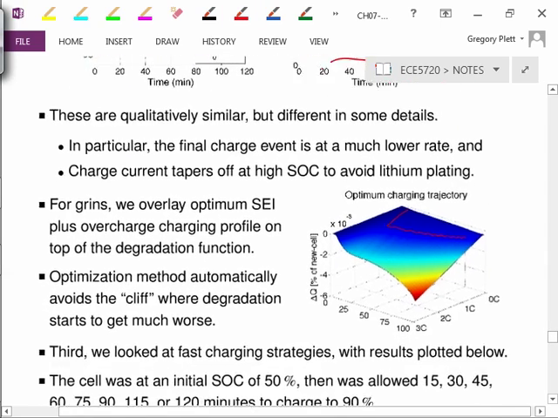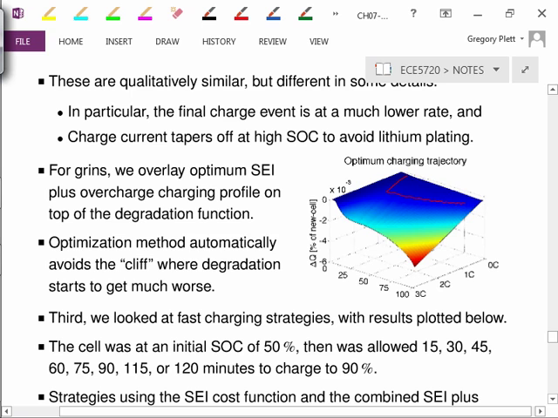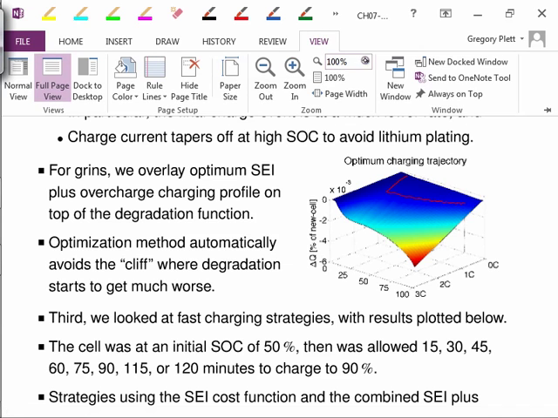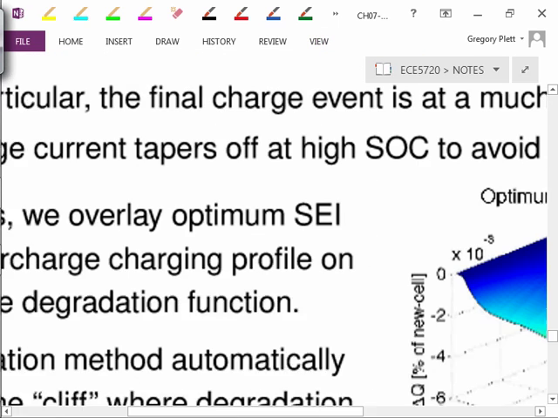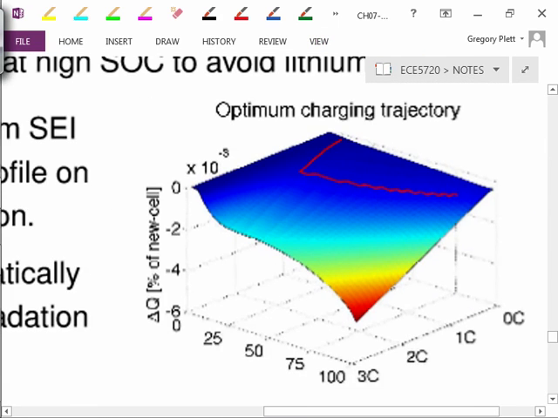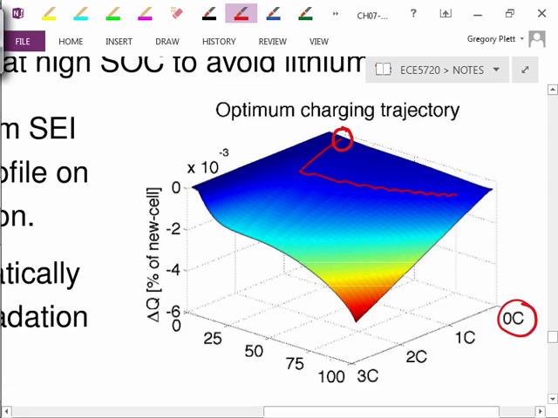Looking at the optimum strategy, just for fun, I took the capacity loss of SEI growth plus lithium plating, and I added them together and put them on this 3D plot, and I'm going to see if I can expand this a little bit for looking at it now. And on top of this plot, I overlaid the charging strategy from 10% to 90% SOC. So we start out there at 10% SOC resting, and we want to end up at 90% SOC, so that's